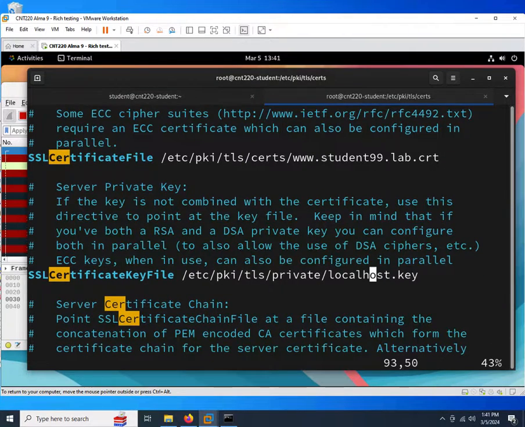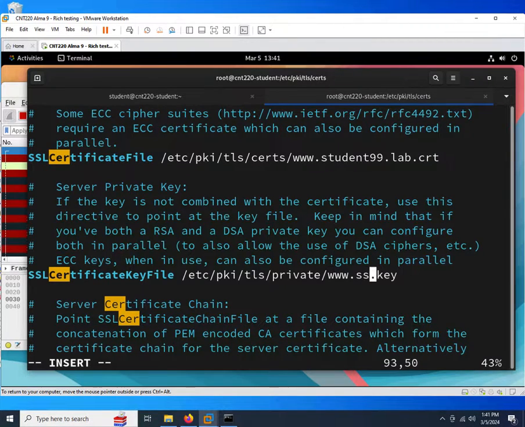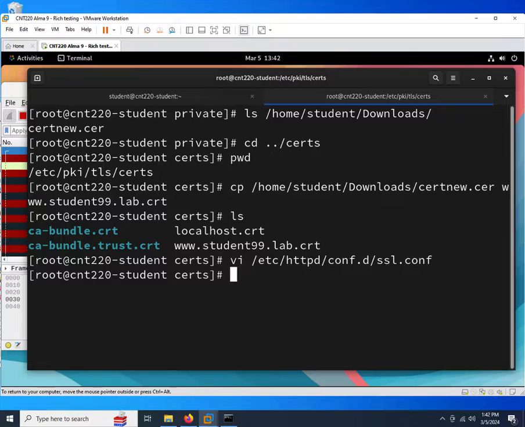So instead of localhost.key, we want to say student99.lab.key. So that changes the config file, and hopefully from your excellent Linux knowledge from the prerequisite course, you remember